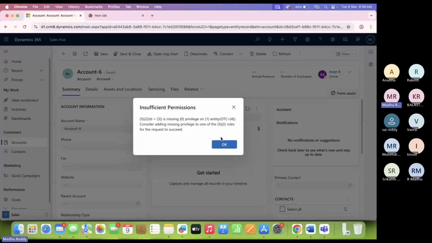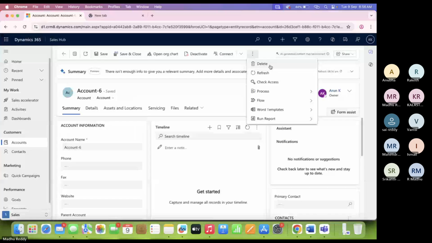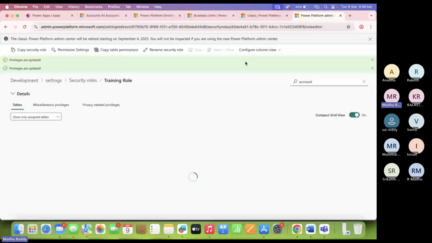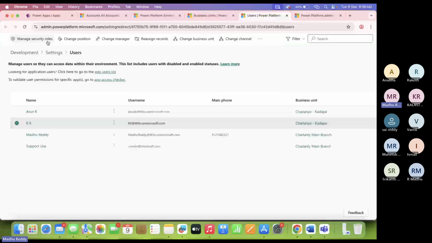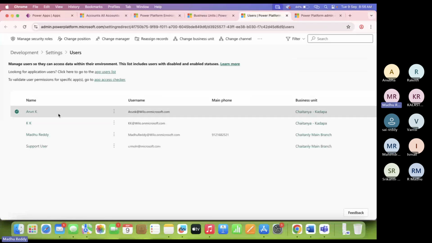That's correct. And now I'll give the permission as parent and child business unit, and I'll switch the business units again. So before switching, right now I have given parent and child business unit access. Now can KK delete Arun's records or not? Yes, he can, because he is the parent. So if I change the business unit now,